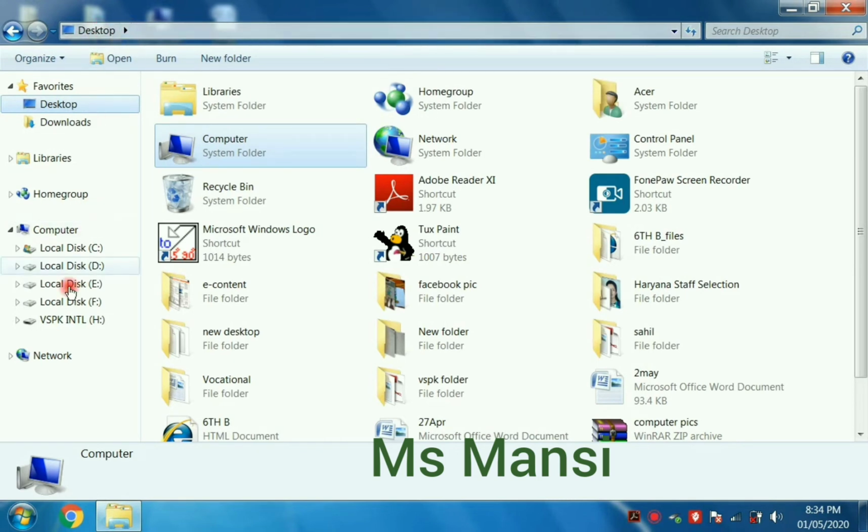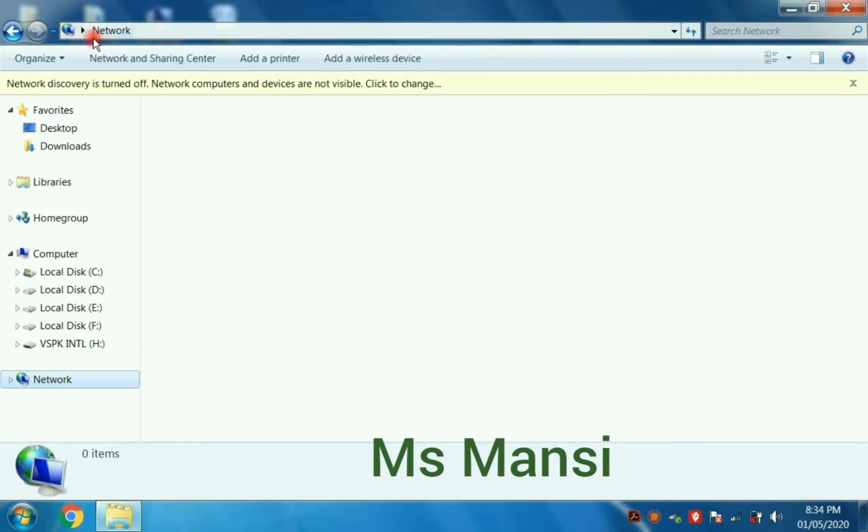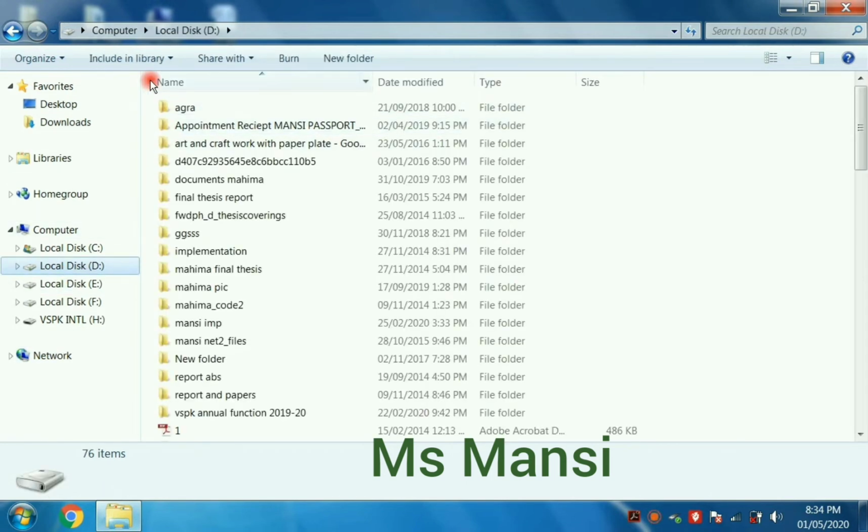If you click on any network folder here, the address changes. It shows the complete path of the selected file or folder. You can select any file or folder from here and see the address bar.